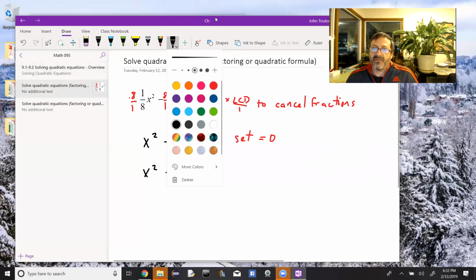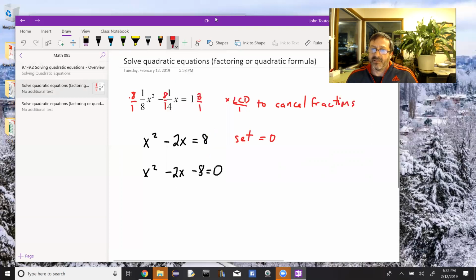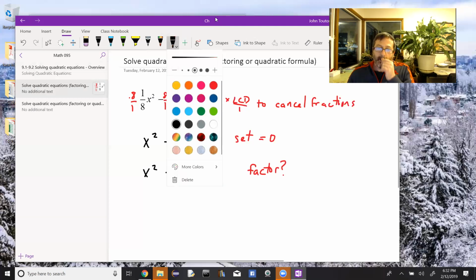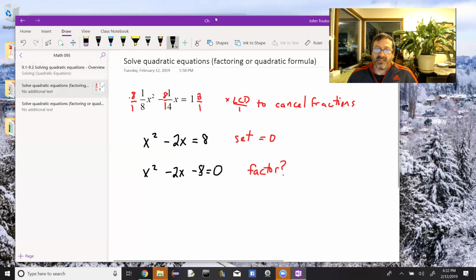Once I have it in standard form, I'm going to ask if this factors. So does this factor, or is it easy for me to factor it? If the answer is yes, then we want to factor it. So we're looking at if it does factor,